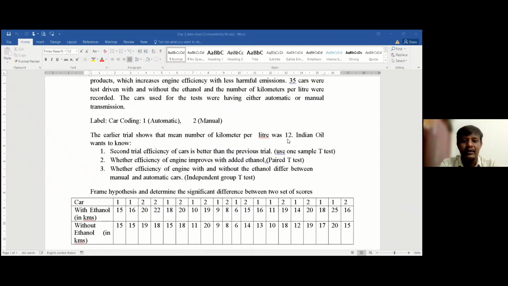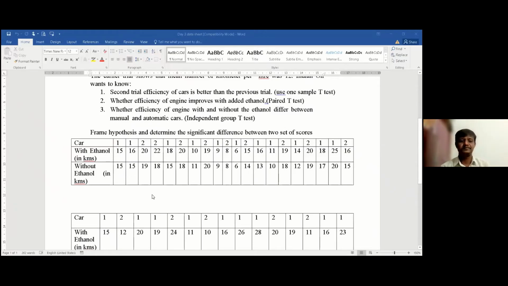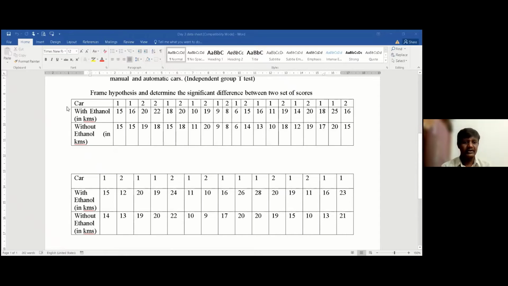Now they have added some amount of ethanol to the petrol and tested the cars again, and the mileage given by the cars is in the table. For a better understanding, the first row of this table has the type of car. 1 denotes manual car and 2 denotes automatic car.